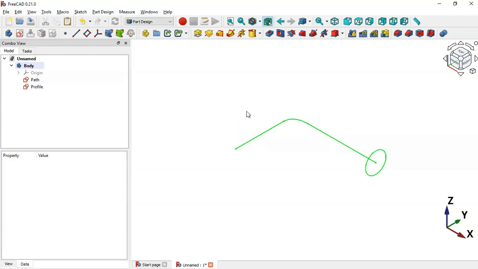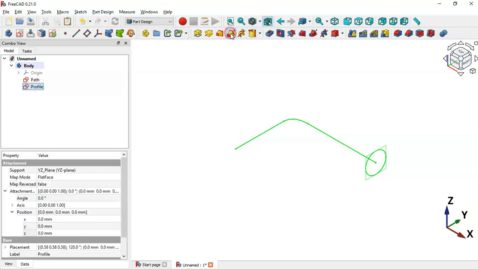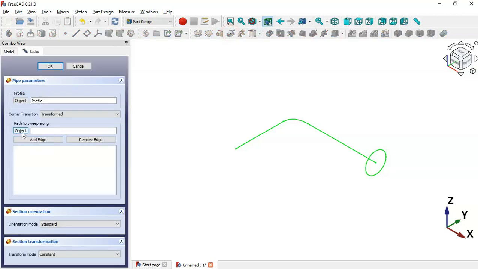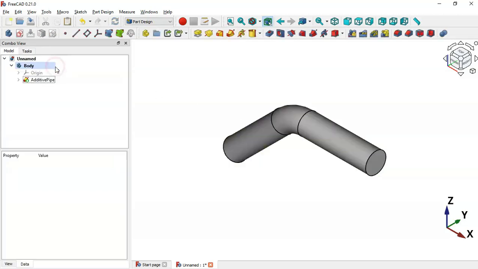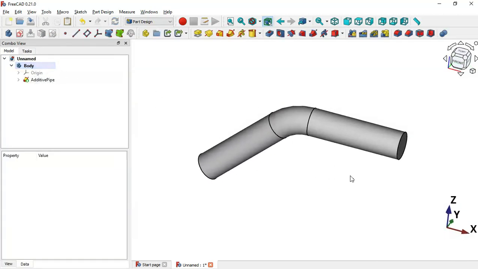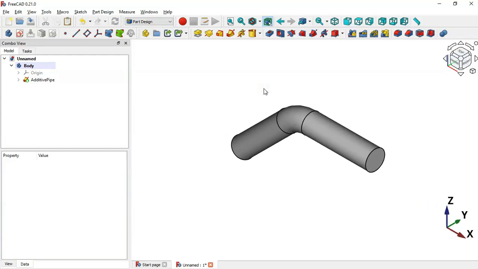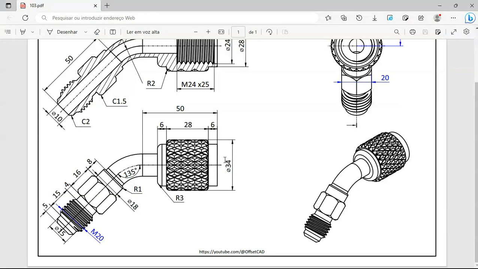To create the solid, what we need to do is to use this tool here, additive pipe tool. To use this tool, we need to first select the profile and then select the tool. And now click in this object button and select this pipe sketch, and then click OK. And as you can see, now we have this model here. And next here, let's create this cylinder